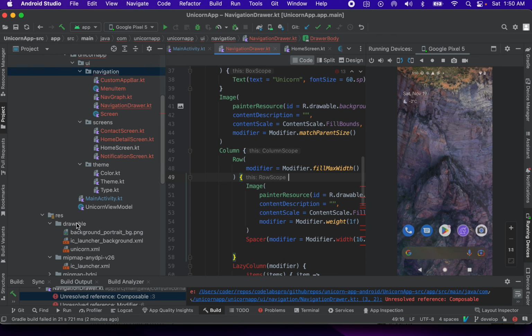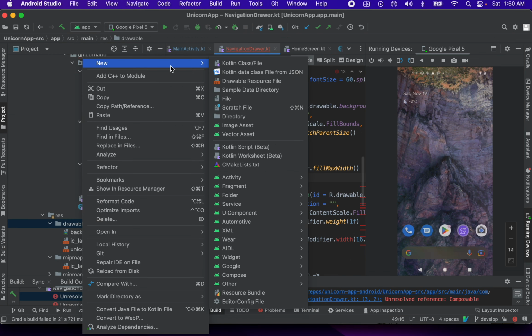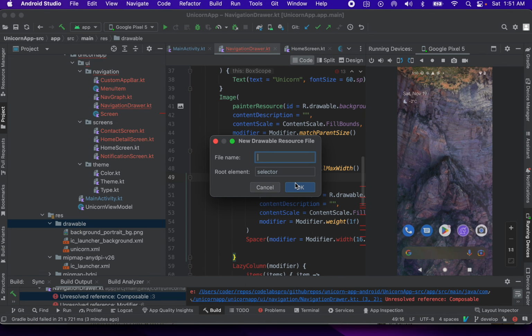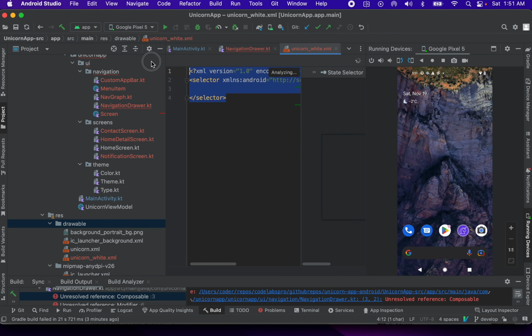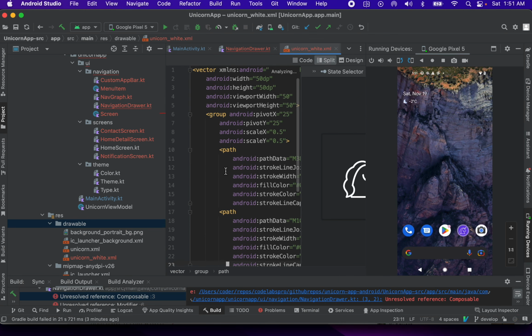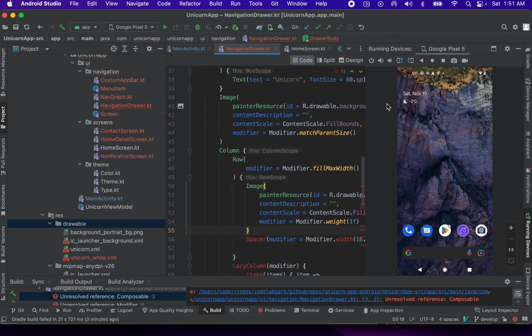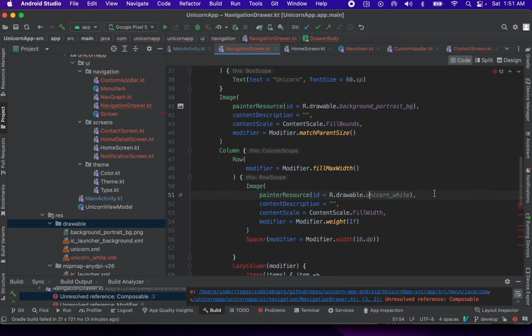So under drawable we can create our new drawable resource and call it unicorn underscore white, and replace this with the vector path. And here we can then call unicorn white, and then import spacer,